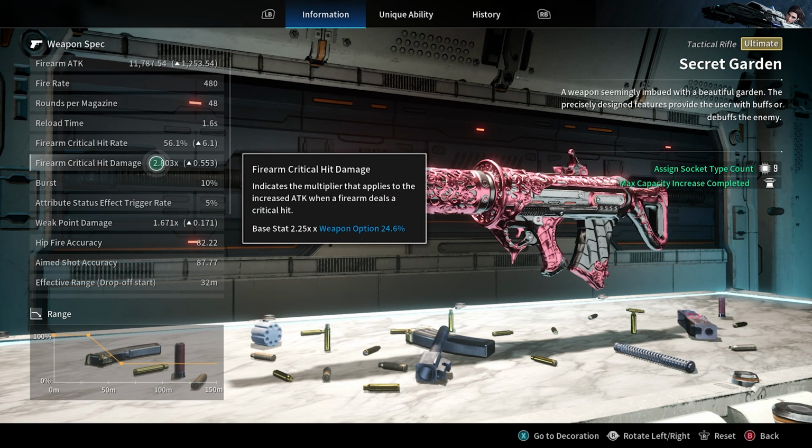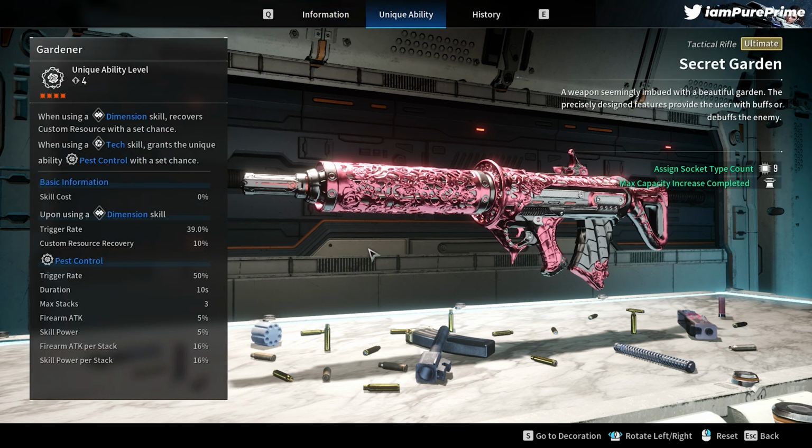If we open it up, it's all about the unique ability. If we use a tech skill, which is almost everything on Freyna, we grant the unique ability of Pest Control with a set chance. We have a trigger rate of 50% and can stack up three times. This will be on your screen next to your weapon, and it's pretty easy to keep up. And if we get to those three stacks, which happens quite a lot, we're getting an extra skill power of 16% per stack,